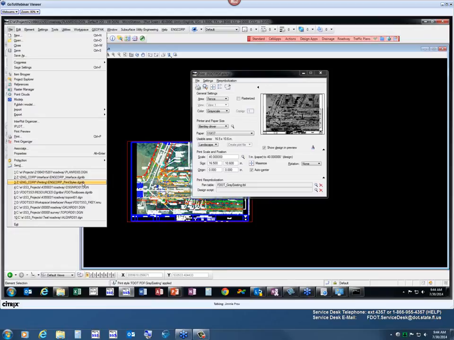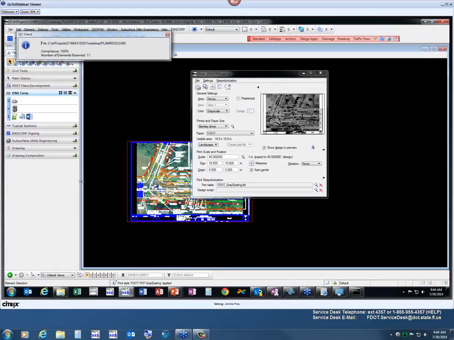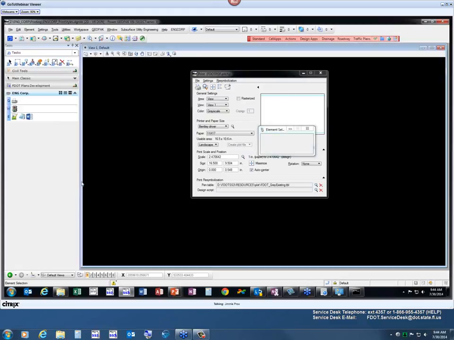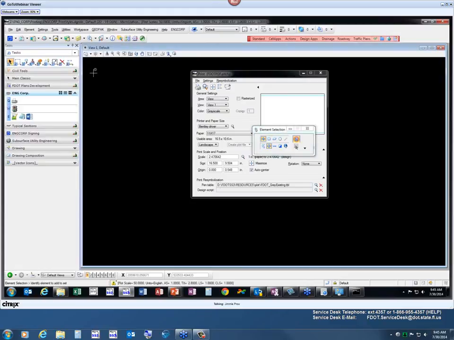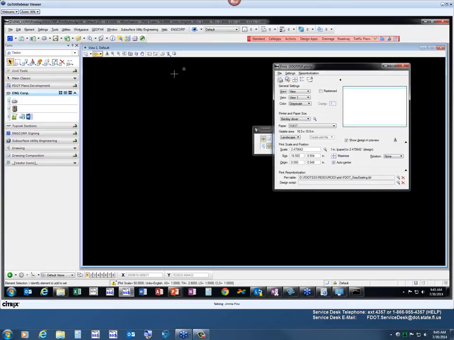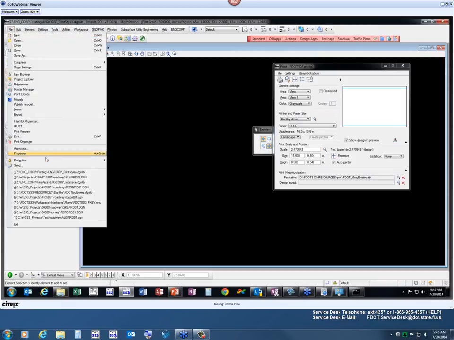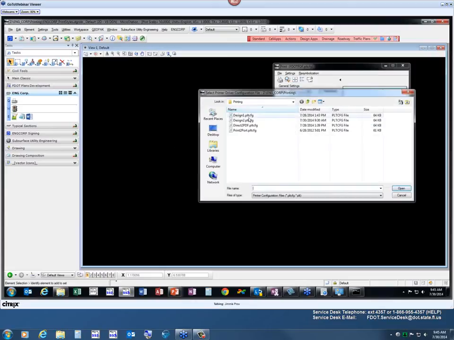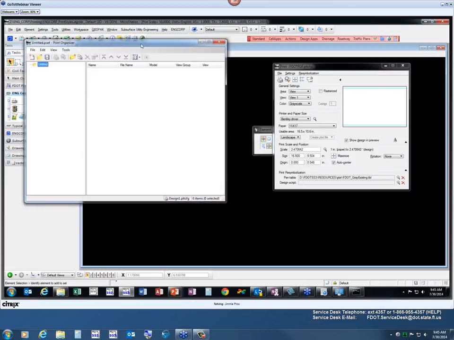So I want to go to a DGN library, and I'll go to this one we've created for our custom workspace. Again, I'm using the same custom workspace we've used in the past 2 webinars. In this case, I've got a DGN library created just to store print styles in. And there's a couple ways you can get to the print styles dialog. You can go to print organizer, and it